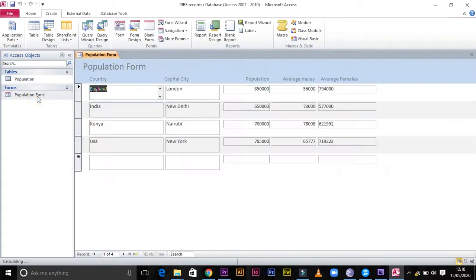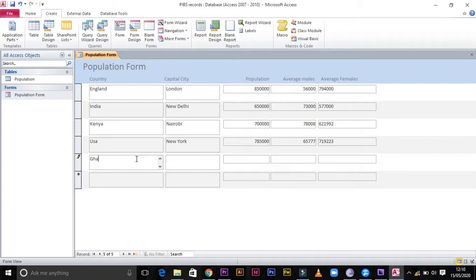So just open it again to see it. For instance, a form is used as a data entry. So if I write another country here, I can say Ghana, capital city for Ghana is Accra,